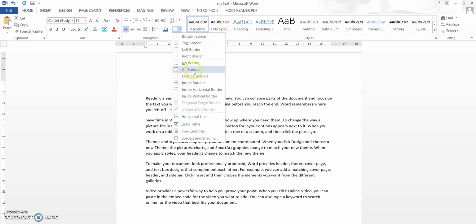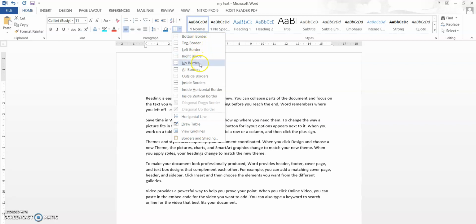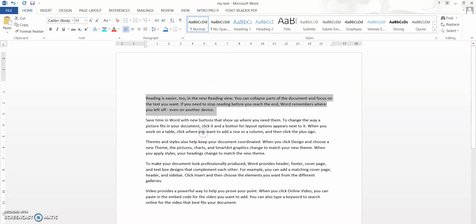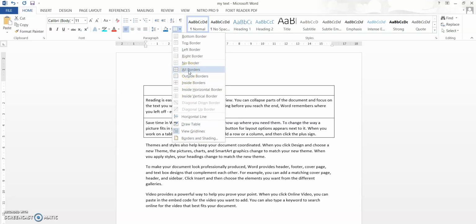border. So with this you can see that the border can be added also. There can be a bottom, top, left, right. As I am cruising through, you can see all the types of borders that can be added. Okay, so this is how you can add borders. Similarly you can add view grid lines also. So what happens is, when you select, you can add different types of border. So if you press all border, everything will be